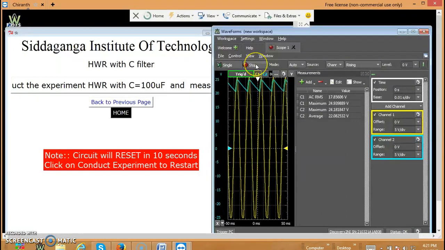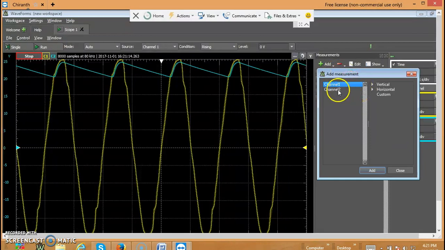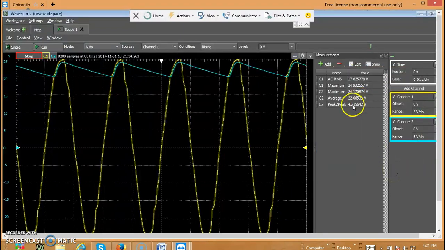Now you can see I have the maximum, I have the average of C2. I'm not interested in the average voltage of C2. I'm interested in the peak to peak voltage of C2, which can be easily measured. Go to add, defined measurements, select second channel, select vertical, double click on that, and see the peak to peak voltage. Peak to peak voltage is now 4.23 volts. Theoretically, as per calculation, it was the same. So this way we can find out the peak to peak voltage for